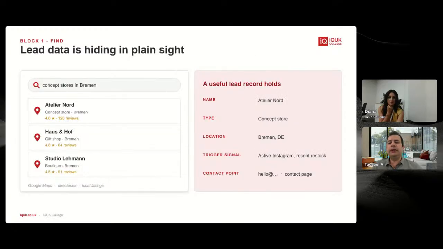So the next step, if we look at leads, you have many sources of finding leads. One of them that people can very easily access is Google Maps. If you are after physical stores, for example, Google Maps is your best starting point.